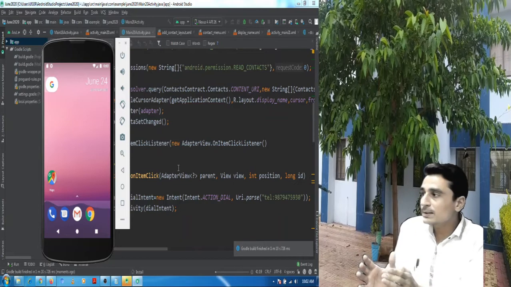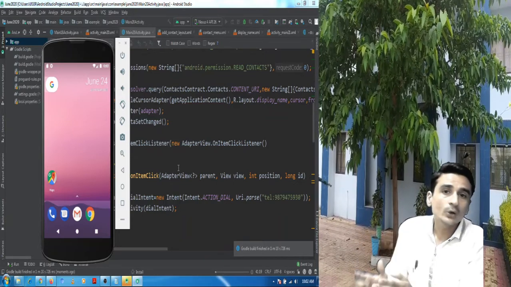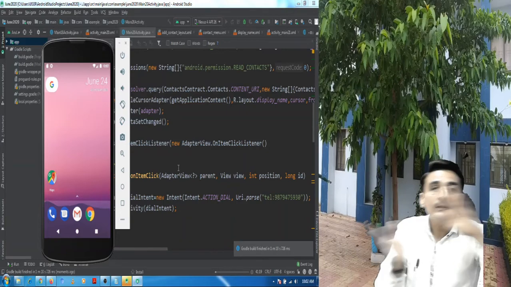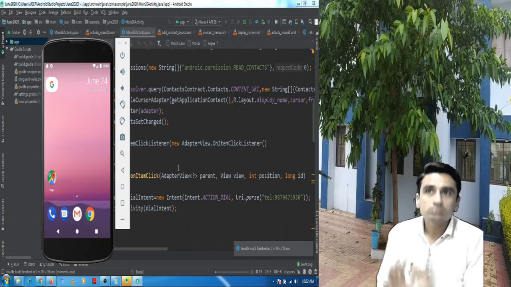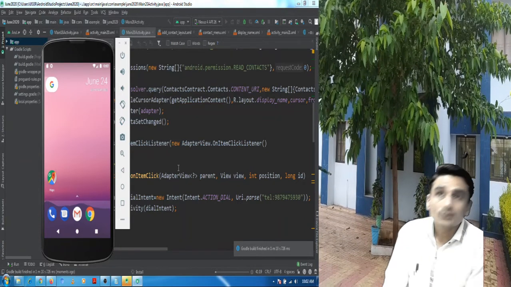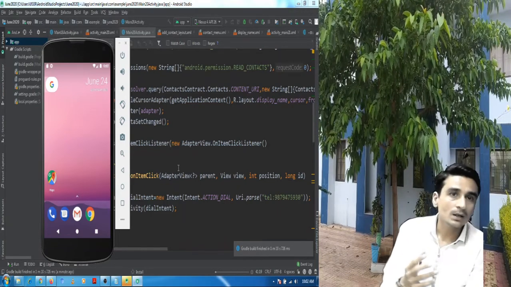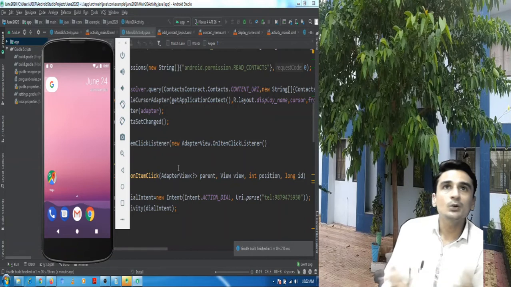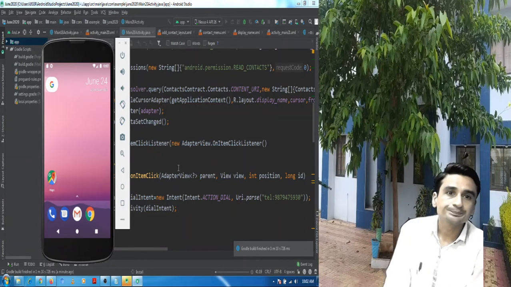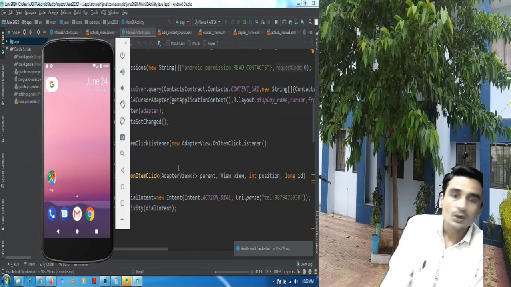The phone numbers associated with that particular contact are in another table. So it is a bit complex task to read a phone number of a particular contact which is in another table. So again we need to query another table.